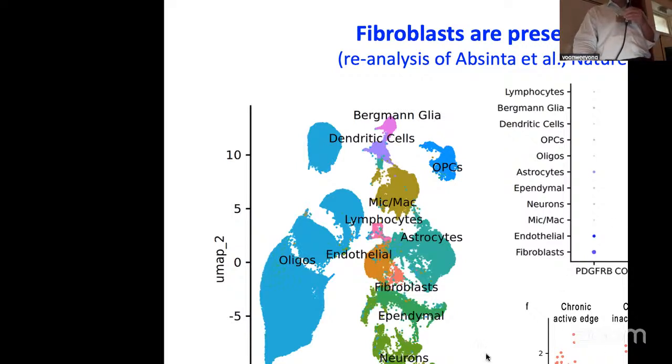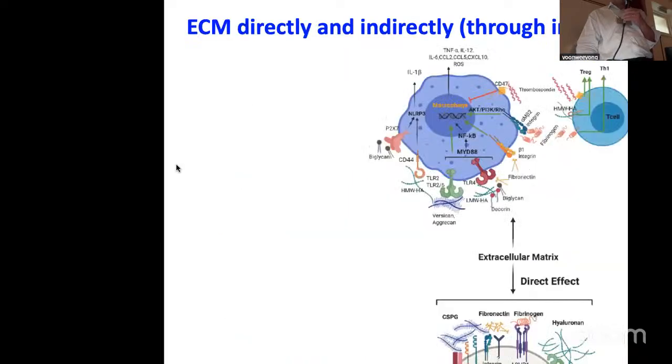We think that they are important factories of deposition of yet other ECM molecules, particularly the collagens. And our experimental data in animals tells us that where they accumulate, these are areas with fewer OPCs, and therefore lower potential of regeneration. So I come to the end, and some summary slides just to